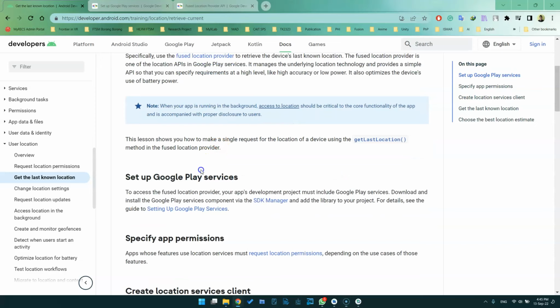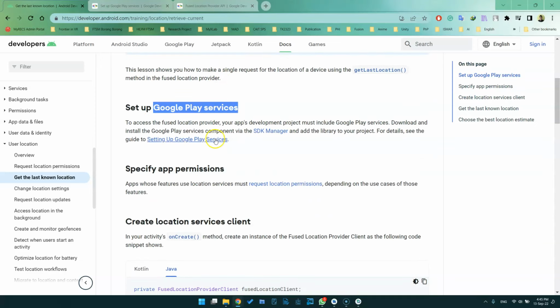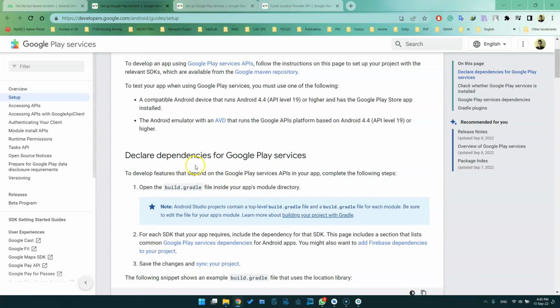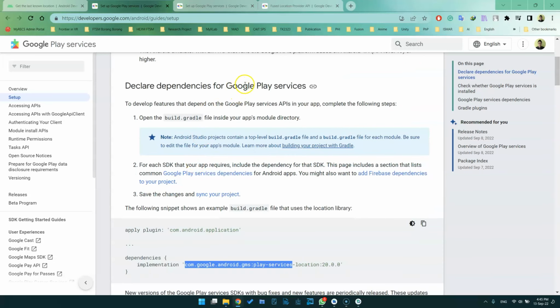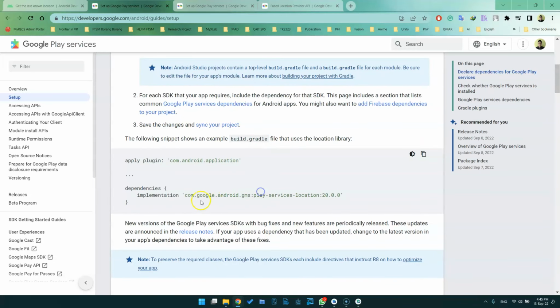First of all, you need to make sure you have the Google Play service inside your emulator, and also we need to include the dependency. So we click this link, then it will show you that you need to declare the dependency for the Google Play service. So I will just copy this